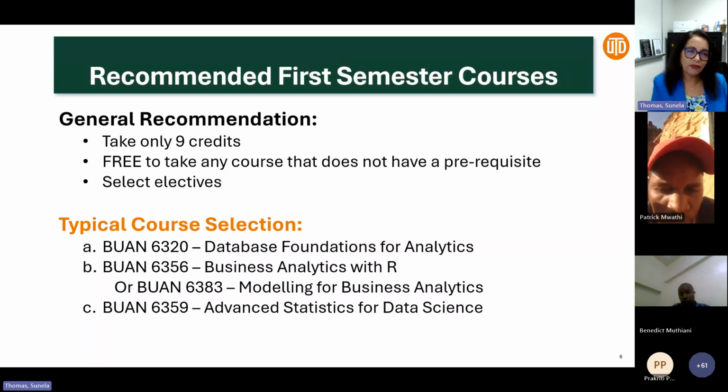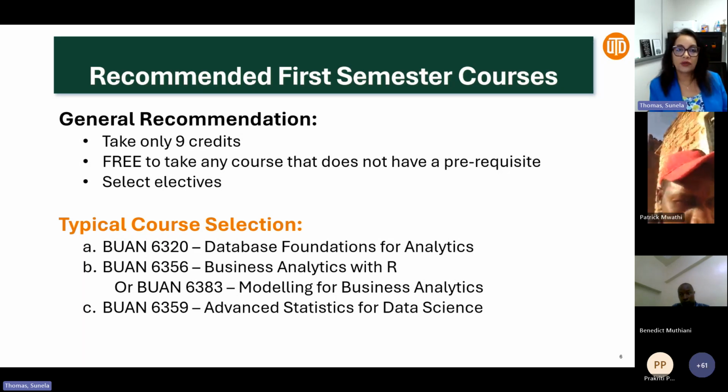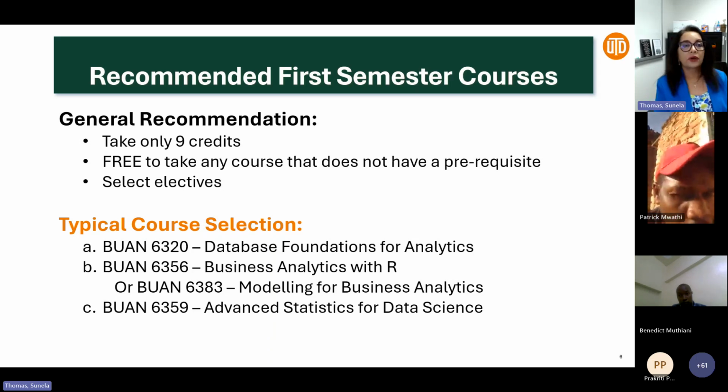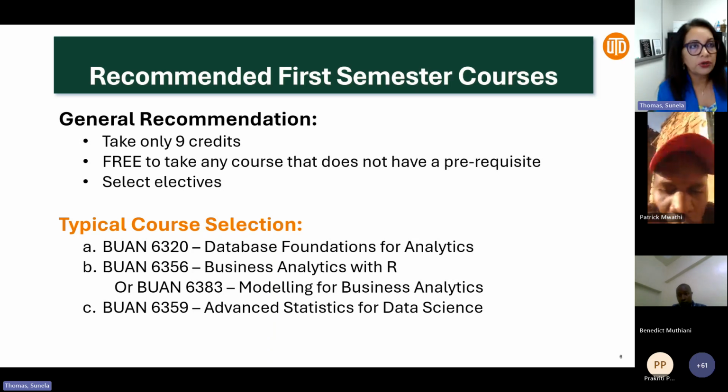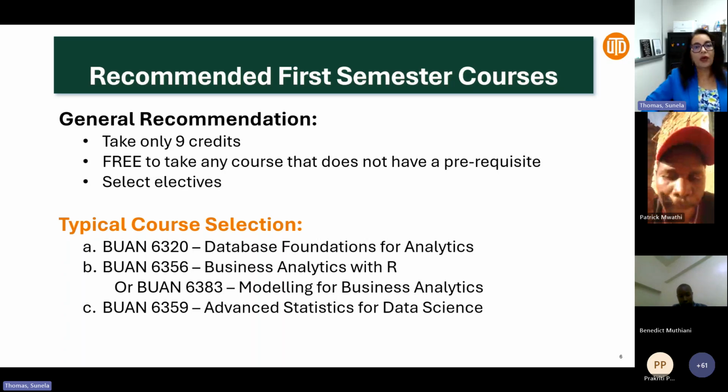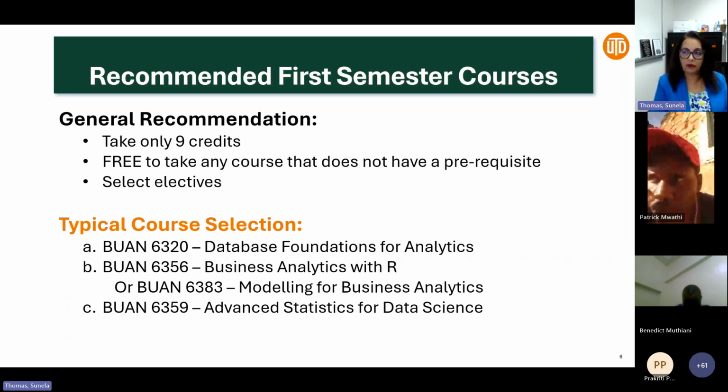You can always take 5 courses or 6 courses in your second semester and third semester. If you want to finish fast, there's always opportunities to do that. But I'm going to recommend that you, especially if you do not have a STEM background, stick with the 3 courses or 9 credits. All our courses are 3 credits each, so that you have a great first semester that gives you the confidence to move forward.